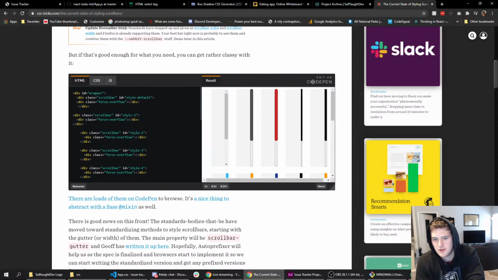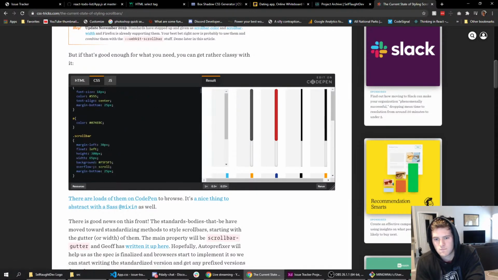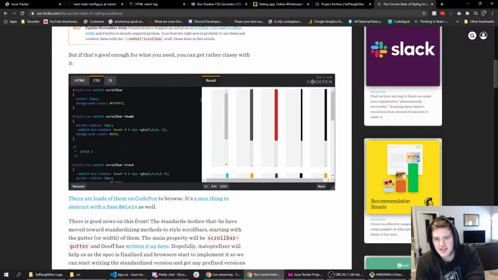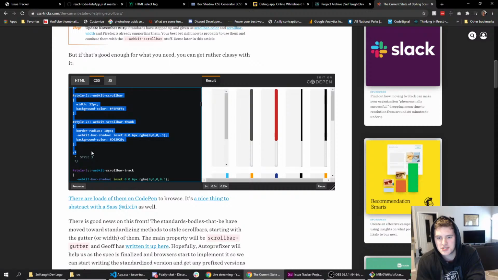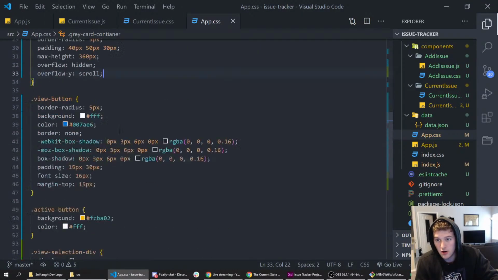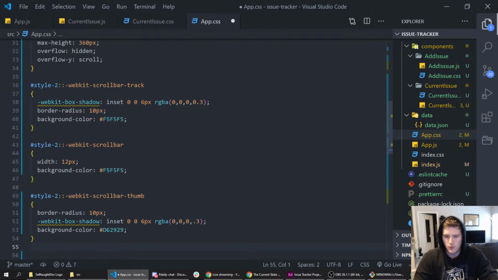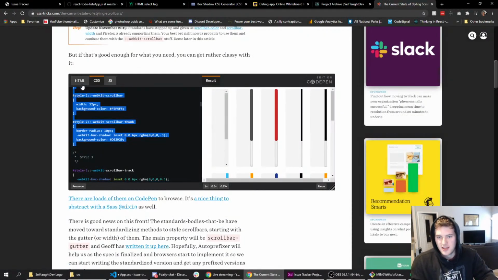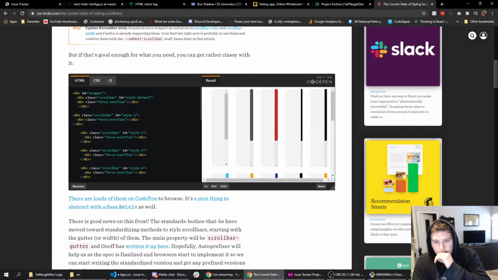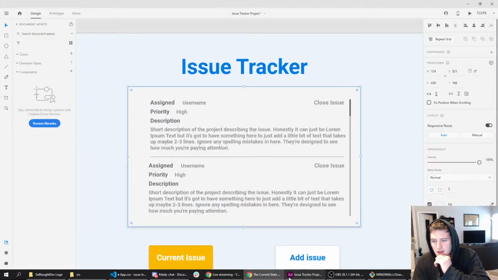So in our HTML, the style 2, style 1, style 2, there we go. So we'll grab this stuff here and copy that, and we're gonna paste this in our app CSS. We'll keep it near this gray container thing. Now what does that need to go on? If we look at the HTML here, we've got scroll bar style 2 on the div, right? So it needs to go on the,